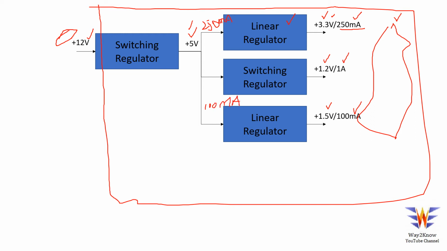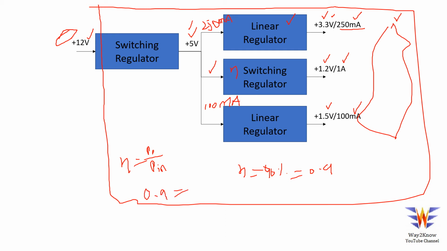Now coming to the switching regulator, how we calculate the input current is based on the efficiency of this switching regulator, which will be available in the data sheet of the switching regulators. Now let us assume I have an efficiency of 90%, which is 0.9. Now using this efficiency we have to calculate the input current here. So efficiency is nothing but P out by P in. Okay, so here we know efficiency is 0.9.